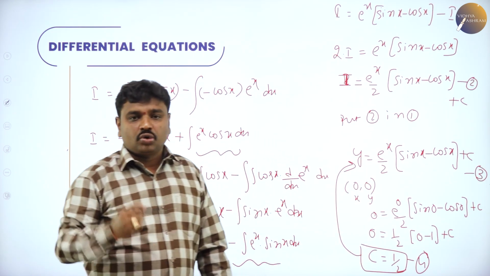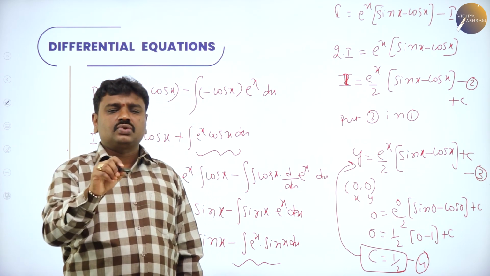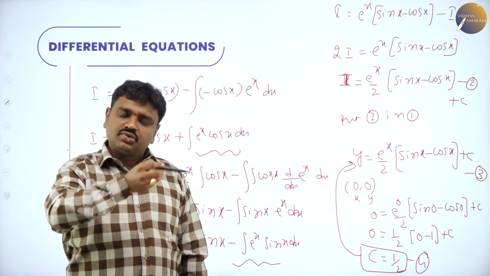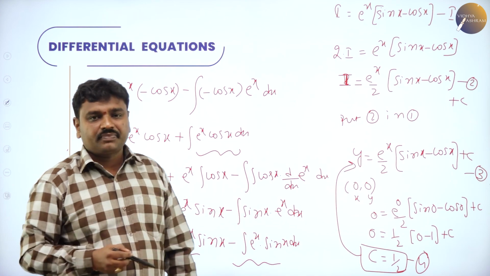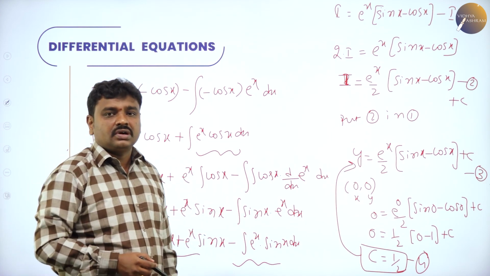I hope all of you understood. So now we have done particular solutions. What is a particular solution? Same: first find the general solution and they'll give x and y values, substitute them. Sometimes directly they'll give x and y, sometimes they'll tell a point. When you substitute, you'll get c, so you'll get the required result. Hope all of you understood.